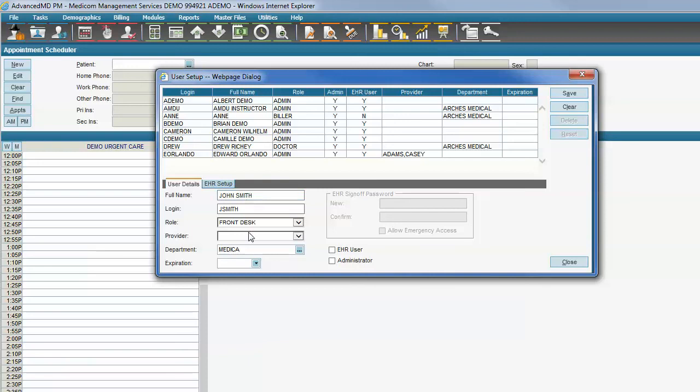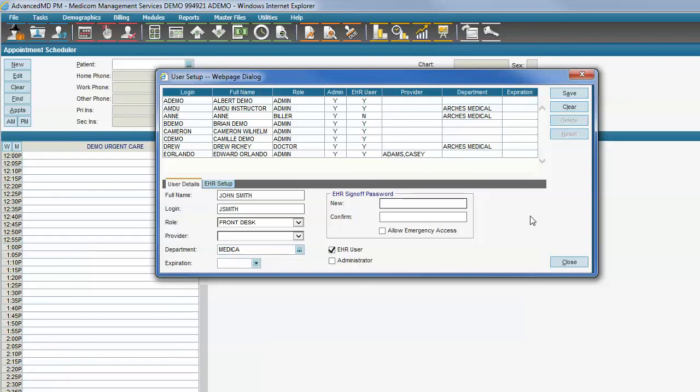All right, so almost all employees are going to be using the EHR, whether they're the front desk or not. They will be accessing it to look at charts, to scan charts, to get information for patients who call for information. So everyone's an EHR user, all right? You shouldn't be giving anyone administrative privileges, so you leave this unchecked. And after you hit EHR users, if you noticed, the EHR sign-off password appears, okay? For the sign-off password, the only people who can actually sign off on anything in the EHR are the physicians and the physician assistants. That's already set up, but the system, since this is an EHR user, requires you to